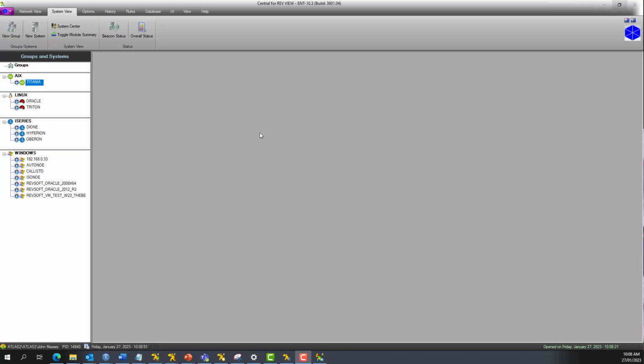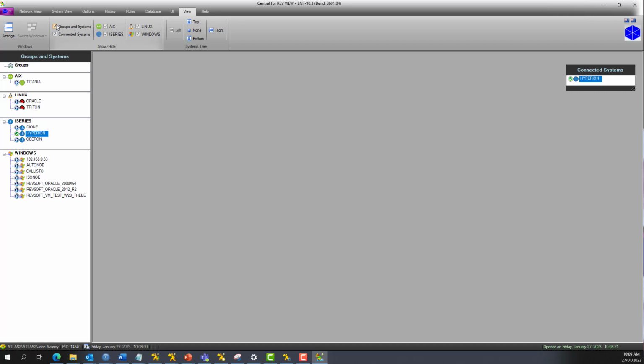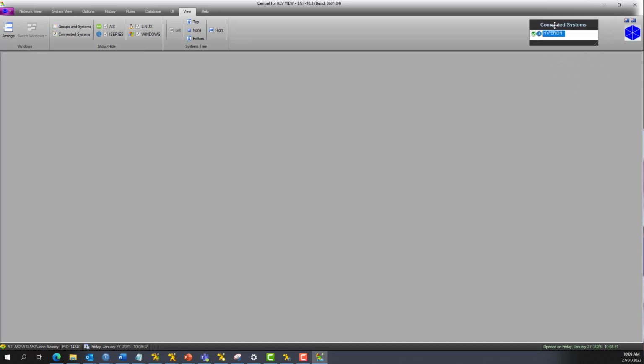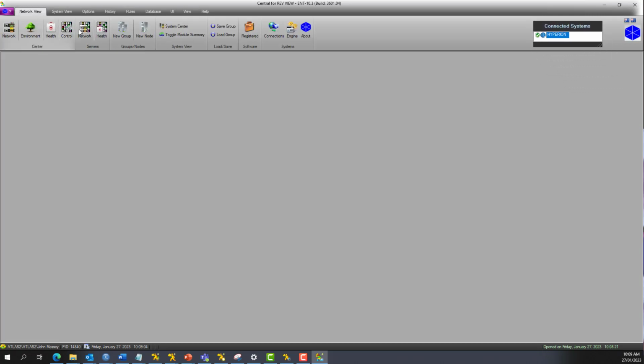Now let's see it. Okay, we've opened REV VIEW Central. We're going to connect to Hyperion, which is our slowest IBM i-Series focal point, but for the purpose of this exercise, we'll show you that. What we do then is we connect to the control center,